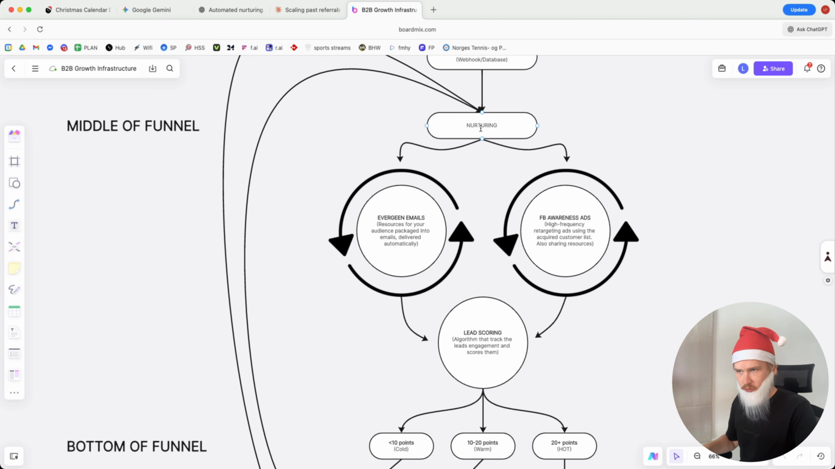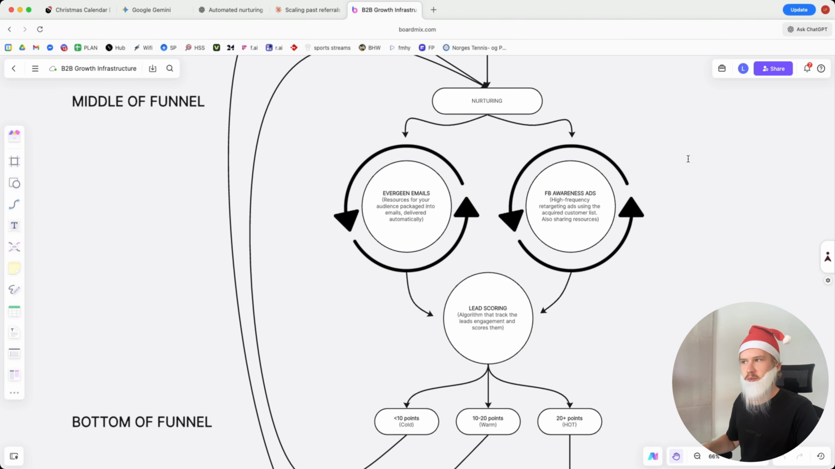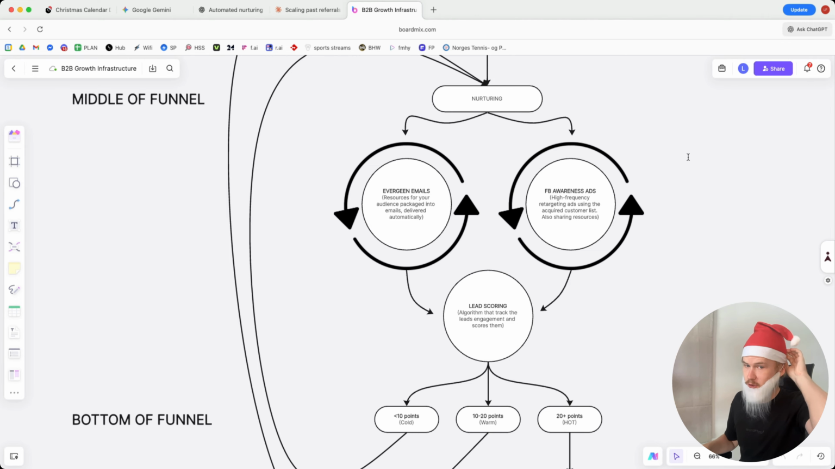And then we start nurturing them. So we don't pitch them during anything which is top of funnel. We're just building the connection between us and them. And then in the middle of funnel, which is where the emails come into place, we need to start nurturing